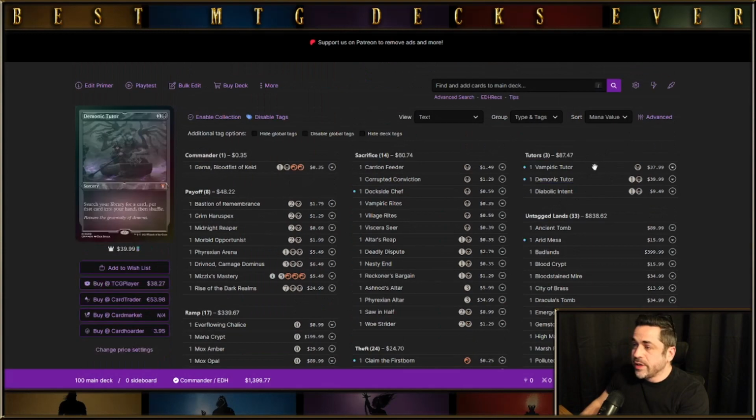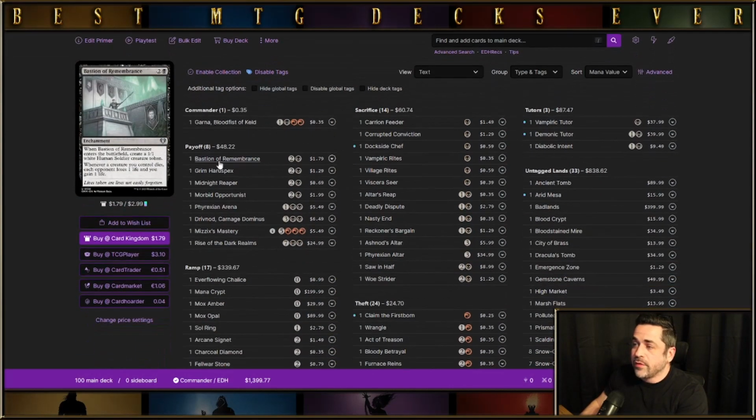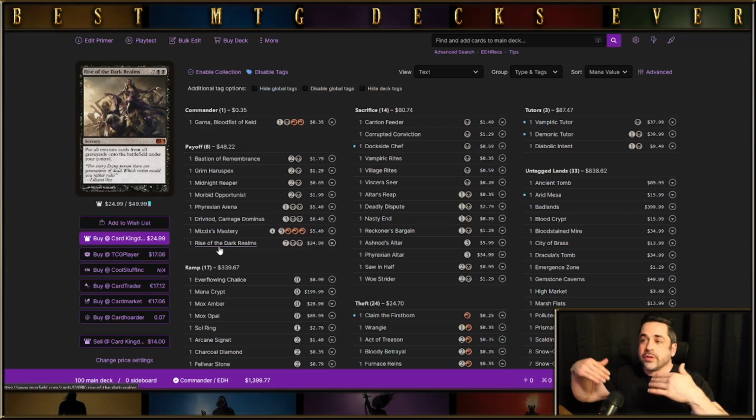We are running 3 tutors. Yeah, all of our ramp is just nothing but mana rocks. And then we've got this little payoff section. So as we've been doing what this deck was built to do, stealing creatures, sacking them, drawing a bunch of cards, repeating over and over and over again, things are going to get to the point where there's going to be cards in people's graveyards, or we're just going to be sacrificing a lot of creatures,